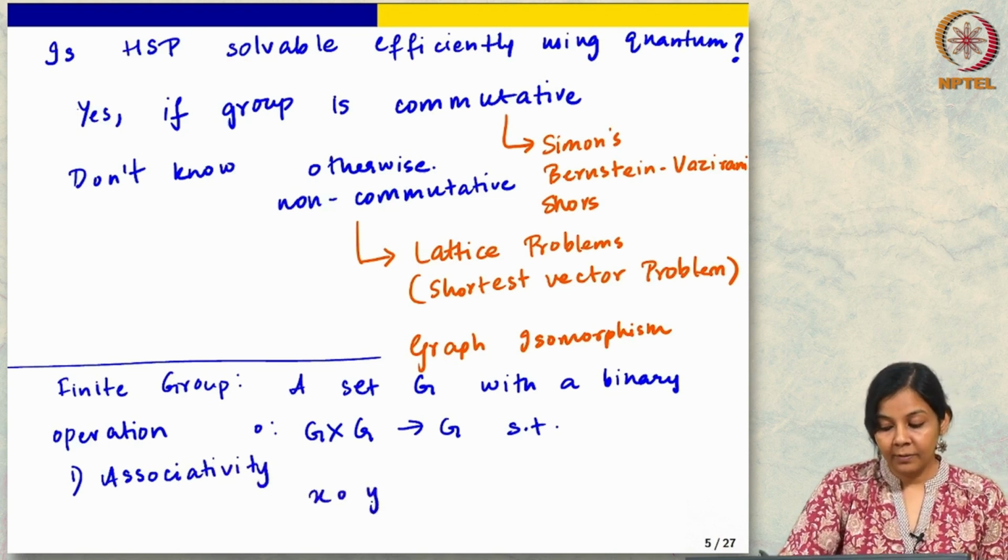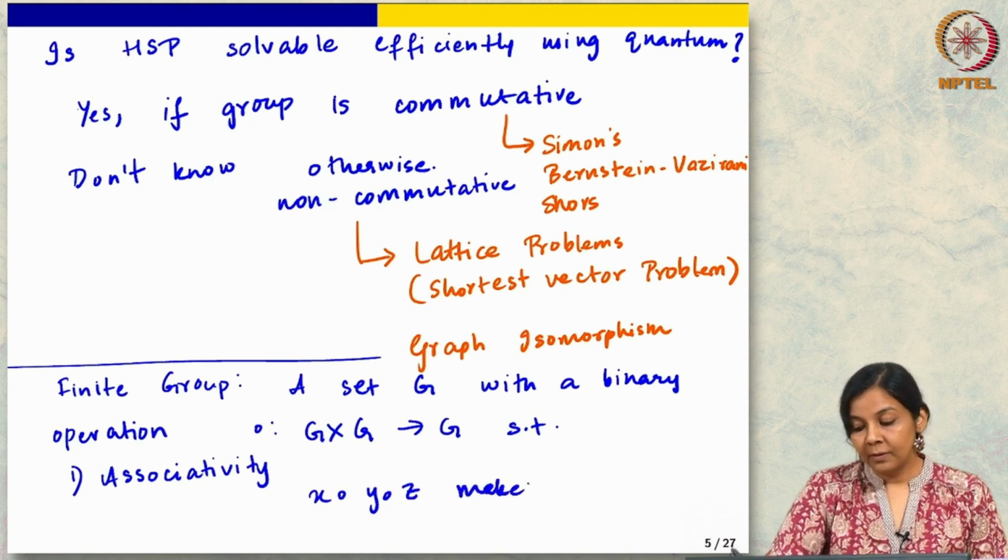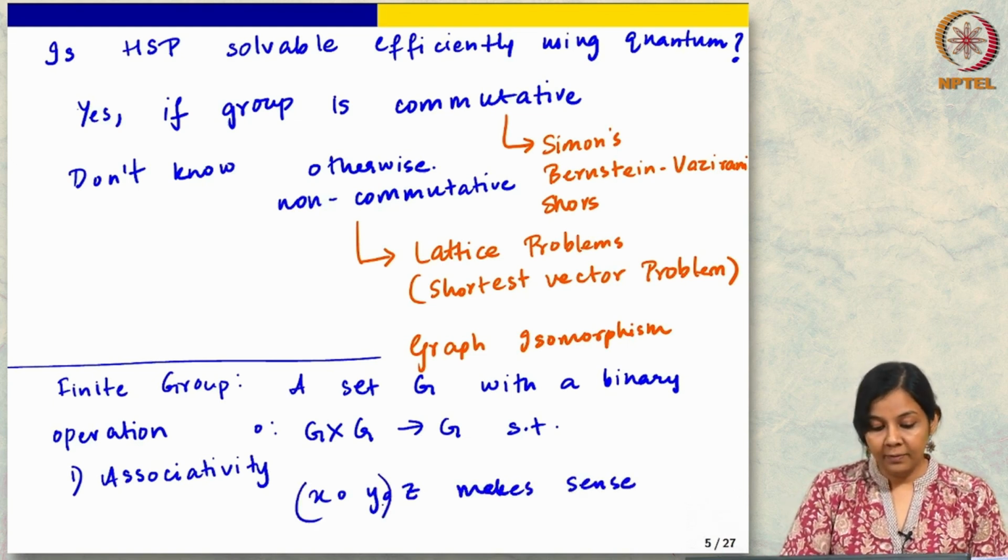Okay, so X, Y, Z makes sense, right. So, this means that you could group it like this, or you could group it like this. So, that is just